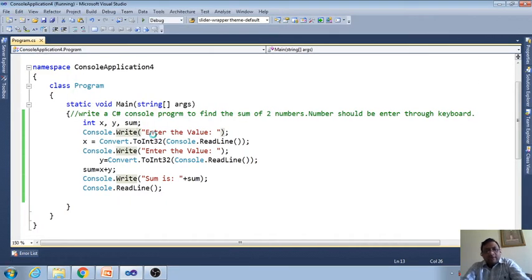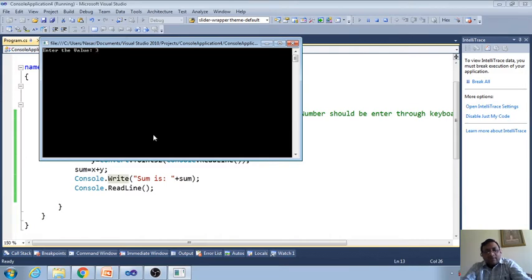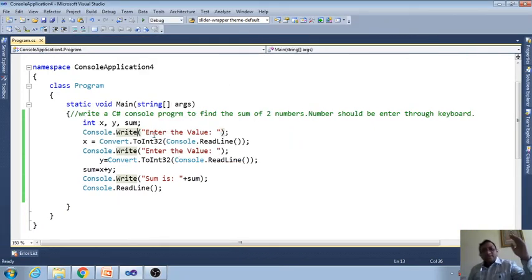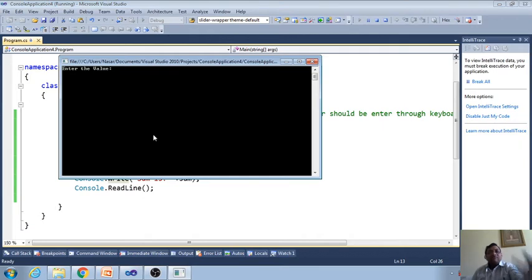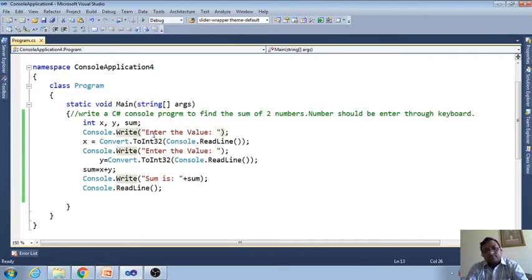So from this program, you can add any number, this number, and if I give this number, I will get the answer. Now the question is, what is the difference between this program and the last program? In the last program, every time you run, you will get the same answer, because the value of x and y is fixed. But in this program, the value is not fixed. Every time we run, we get the screen to give the value, we give the value and we get the answer. This is the sum.